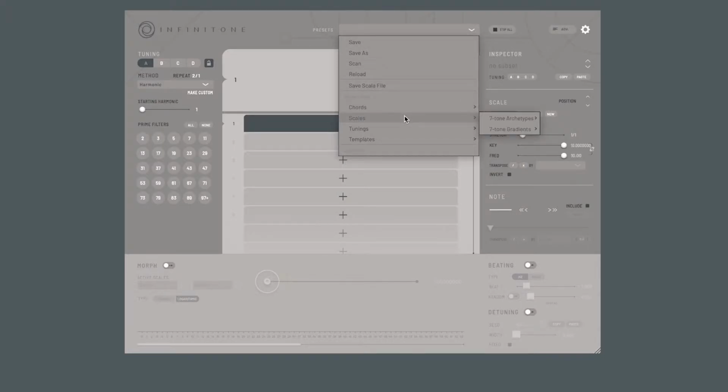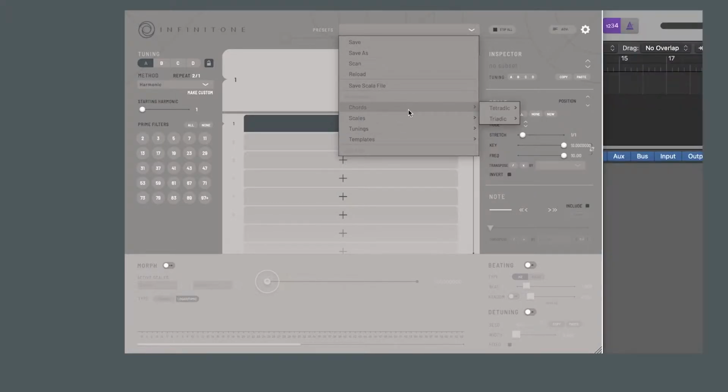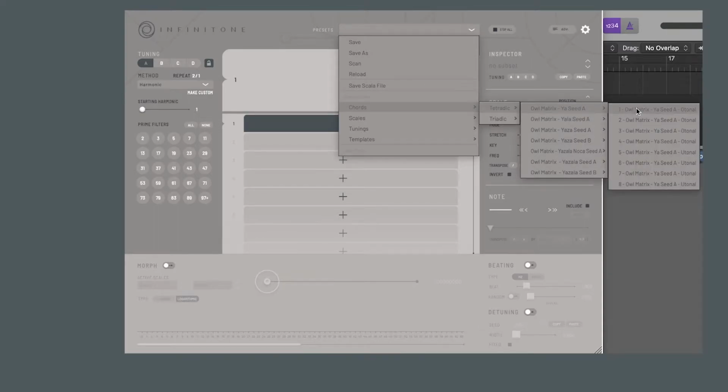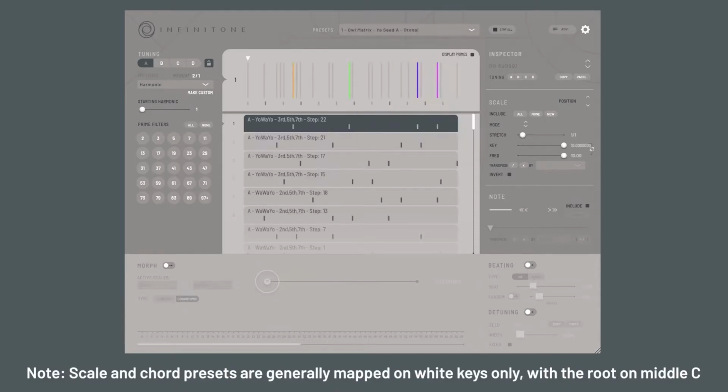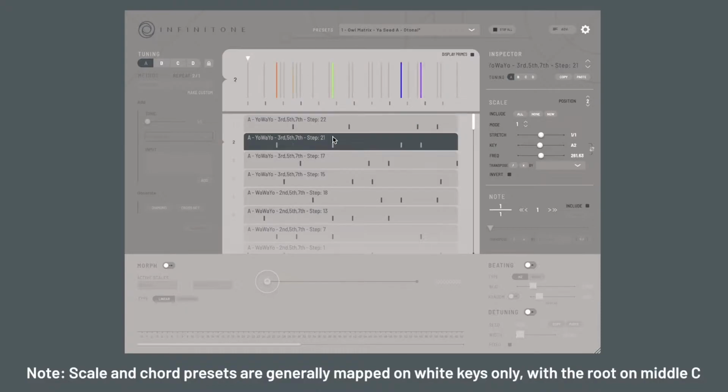We have chords, scales, tunings, and templates as the basic categories at the moment. And you can just go to anything here. Here's some chords. And it loads up the preset. So at the top here is called the active scale window, and you can see which notes are currently being mapped to your keyboard. And here are the scale slots,